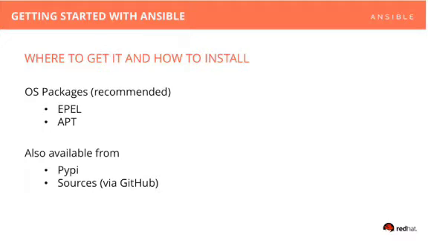So where to get and install Ansible? Ansible is very easy to install. You can install either from the OS packages, or from PyPI, or from GitHub. PyPI is a common location where a lot of Python programs are available. Or else you can download it from your official OS packages, meaning your repository like apt repository, yum repository, like that. So there are multiple locations you can install from. Let us see how to install, and let us set up Ansible.